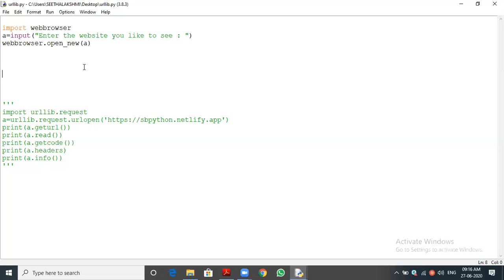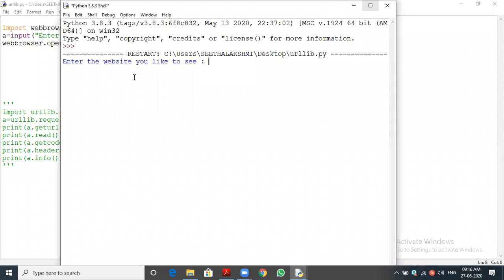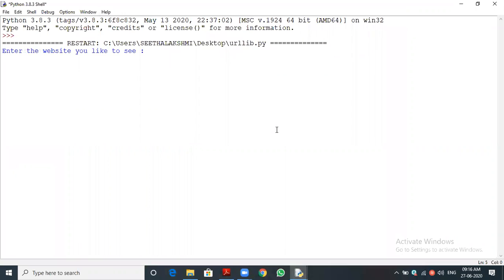So I'm just saving this and running this program. It is asking, enter the website you like to see. I'm just typing https://www. Okay, let me open the Yahoo site.